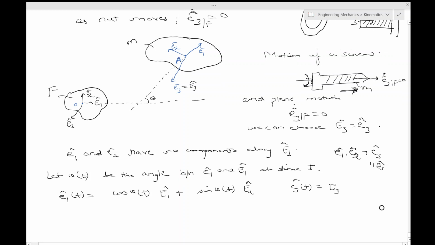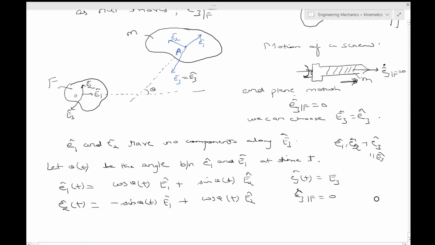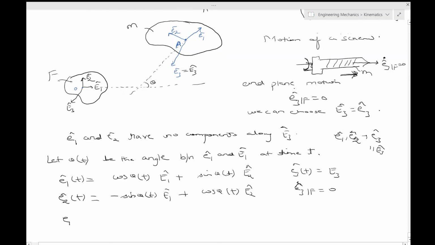Now similarly you can write the vector E2 in terms of capital E1 and capital E2. That would just be minus sine theta of t E1 hat plus cos theta of t E2 hat, and E3 dot with respect to F is equal to 0. That's anyways where we started off. We just wanted to write both of them, and since E1 dot has to be found and E2 dot has to be found, since E3 dot is already found out, so E1 dot with respect to F